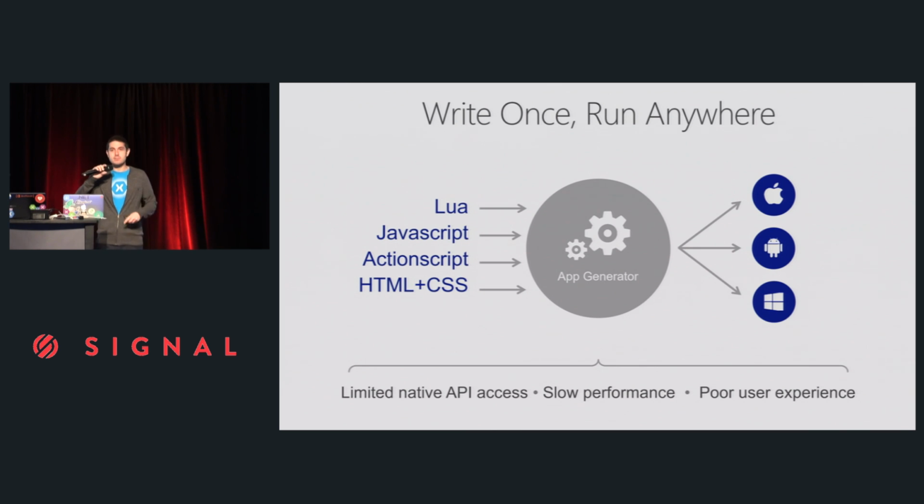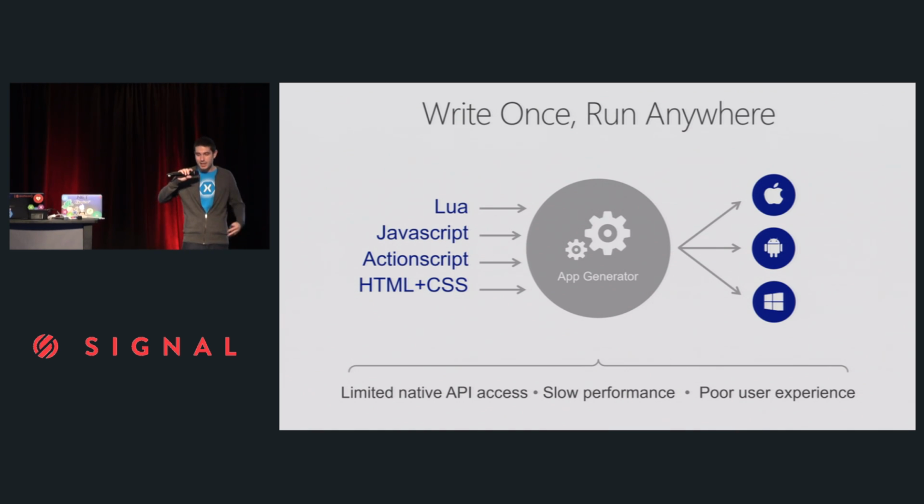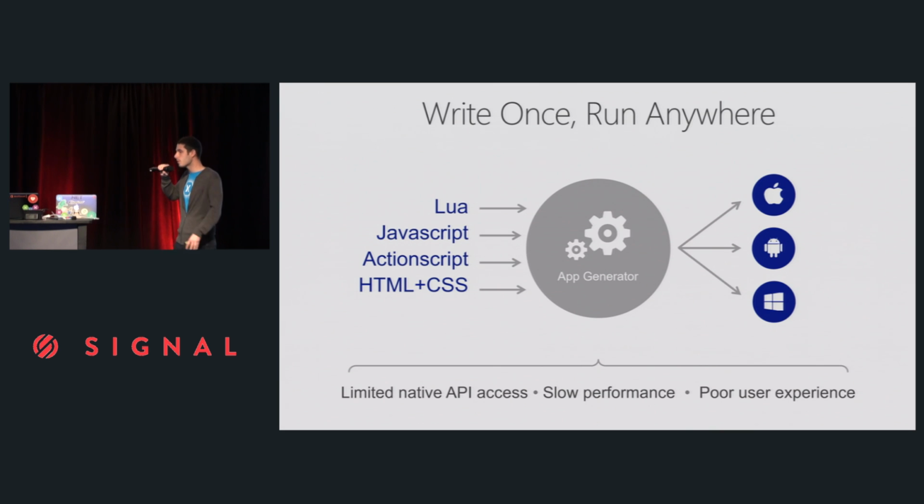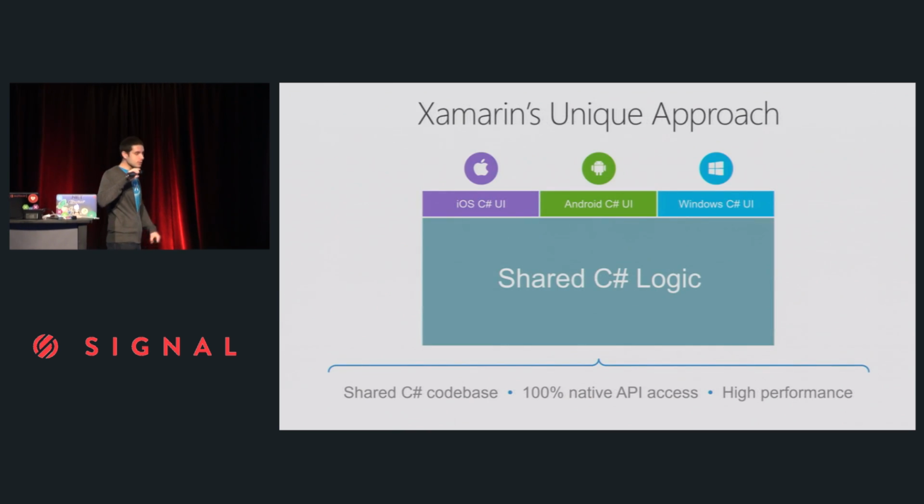Now, the problem here is that there are a lot of different frameworks out there. A lot of times this is some JavaScript, HTML, CSS going into this thing, popping out some iOS apps. Sometimes they kind of look okay on Android and never look good on Windows. So you've got to write a bunch of custom CSS and you're like, oh man, now I'm writing all this code. And then you're like, oh, now I need to add that specific functionality. I hope someone abstracted that for me, or now I'm going to go write the Objective-C or Java code. And since a lot of times these things are running in a browser, you're never going to get that great performance. So Xamarin is completely different. We leverage a shared C# backend for all of your mobile applications: iOS, Android, Windows, and Mac.